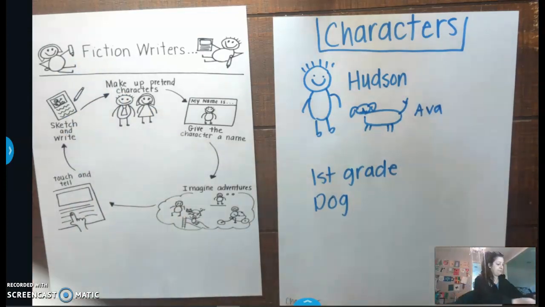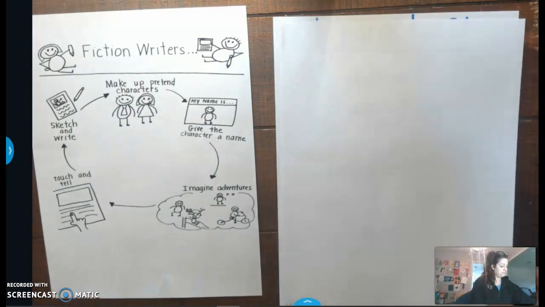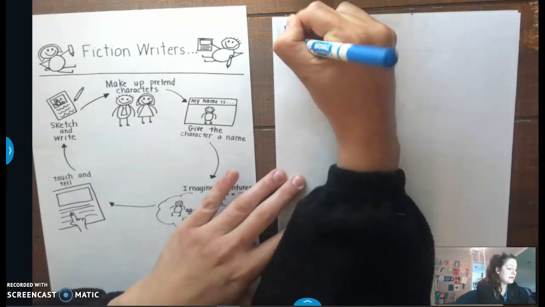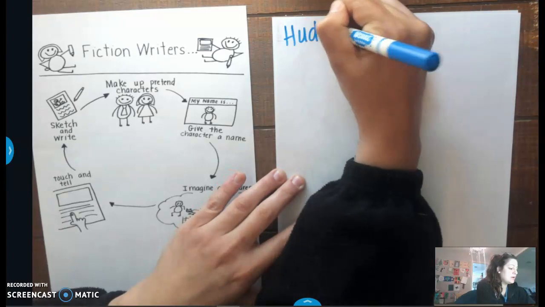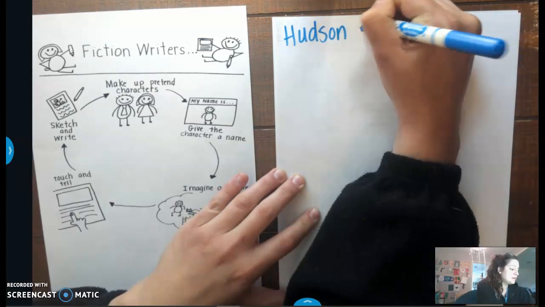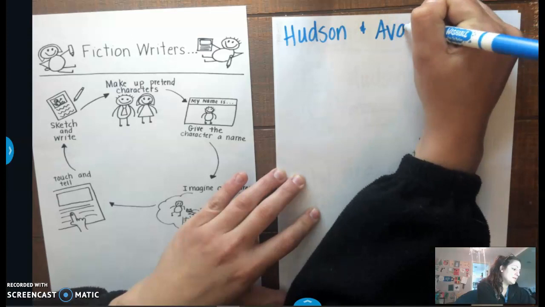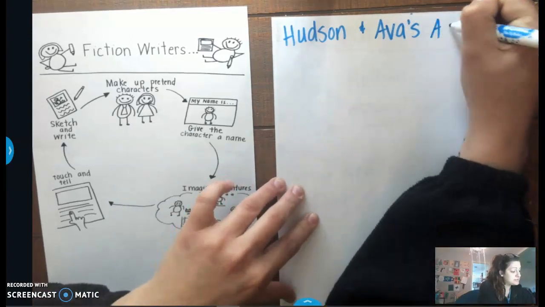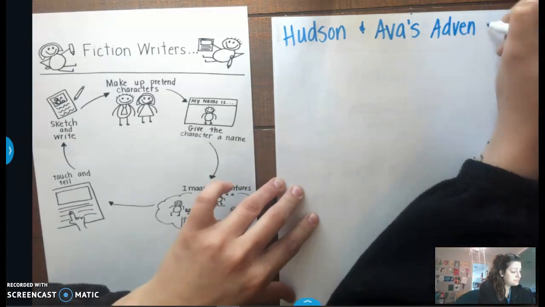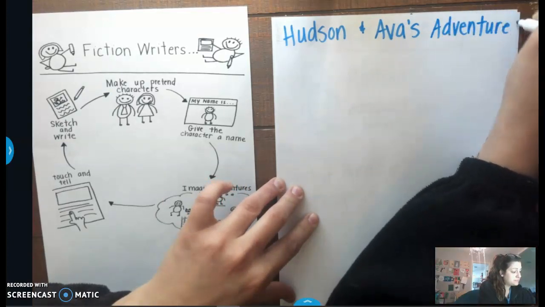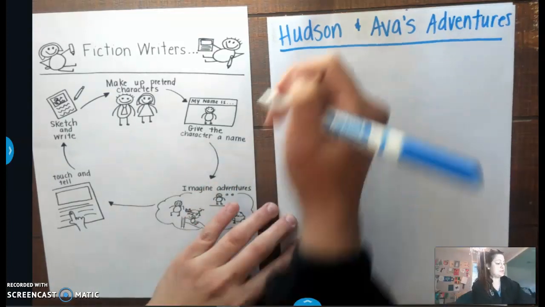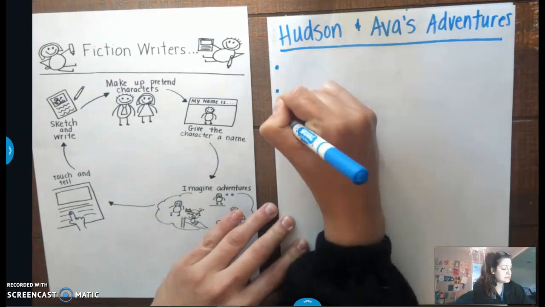Now, we're going to make a list of some adventures. So I'm going to title this page Hudson and Ava's Adventures. Hudson and Ava's Adventures. So I'm just going to make a list